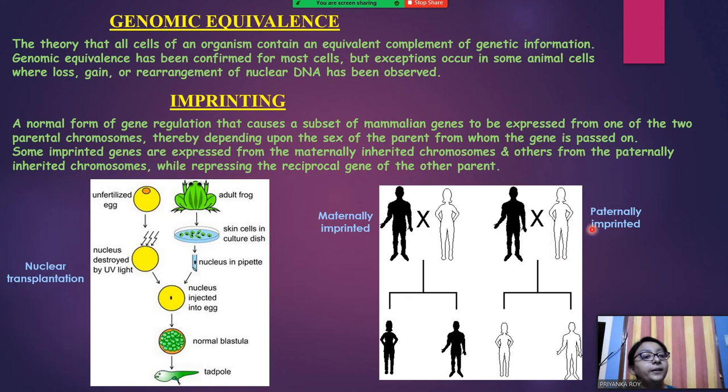The maternal expression will be there. So if the mother is white, then the offspring will also be white, whether male or female. And the paternal gene showing black color will be imprinted or inactivated. So in case of imprinting, the chance of diseases